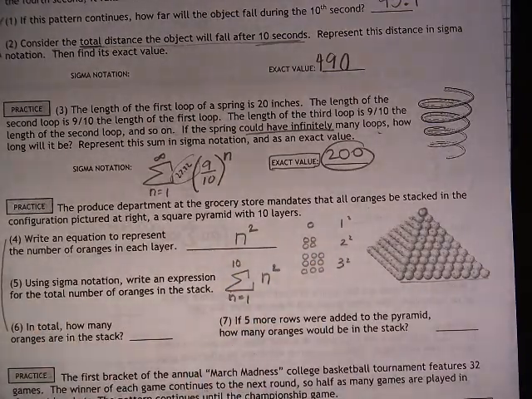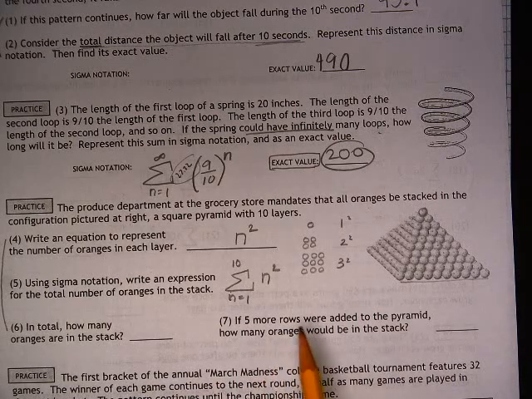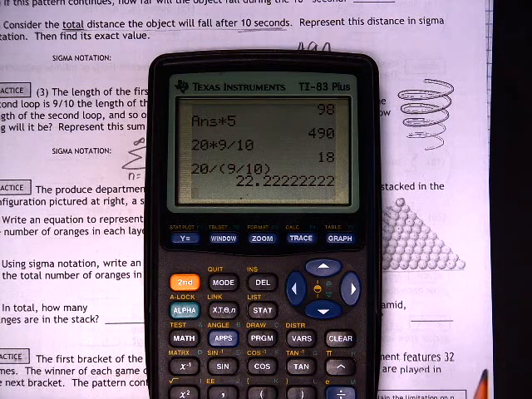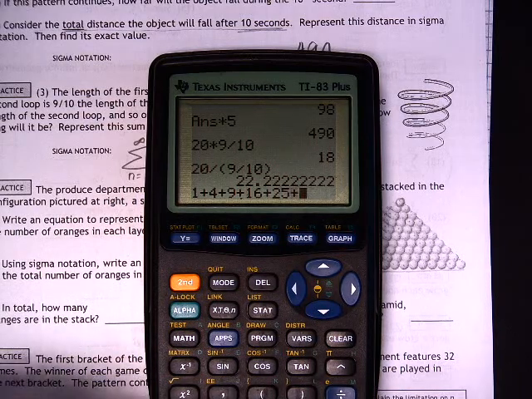Now, in order to figure out the answer, this is not arithmetic or geometric, so there's no real formula that I can use. I just need to go ahead and add them all up. So I'm going to add up 1 squared, which is 1, plus 2 squared, which is 4, plus 3 squared, which is 9, let's see, 16, 25, 36,